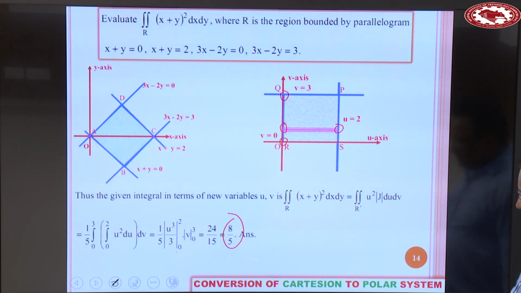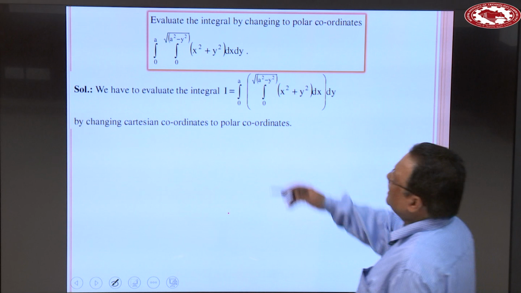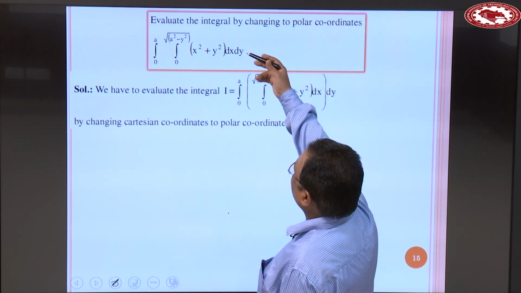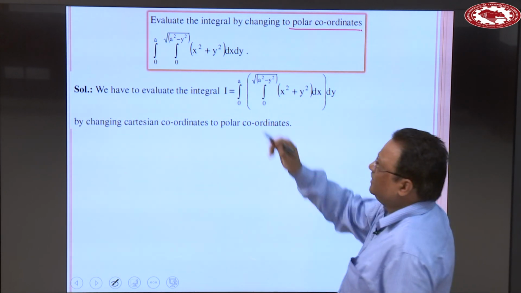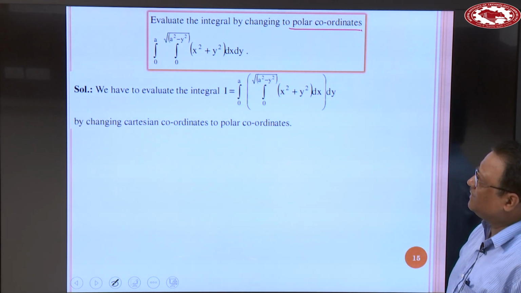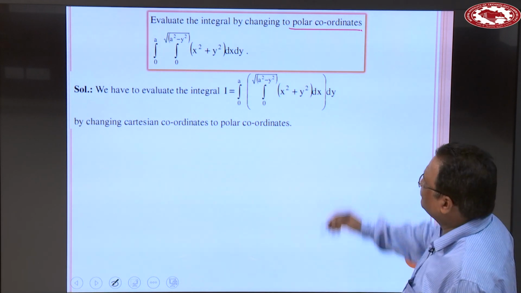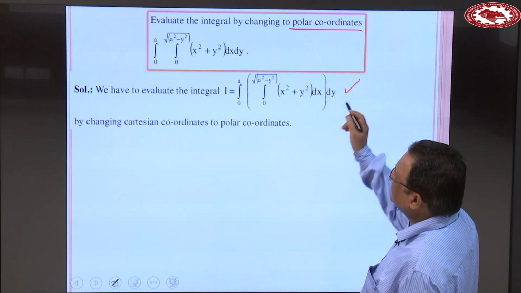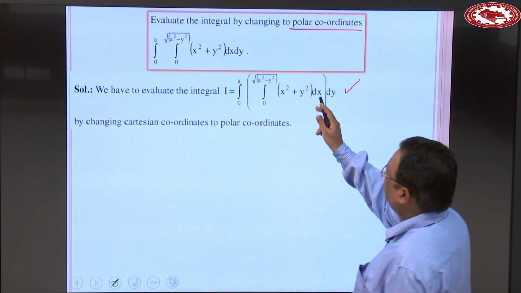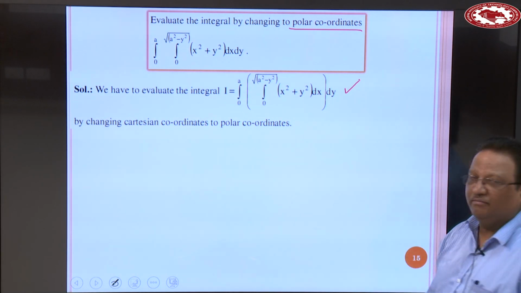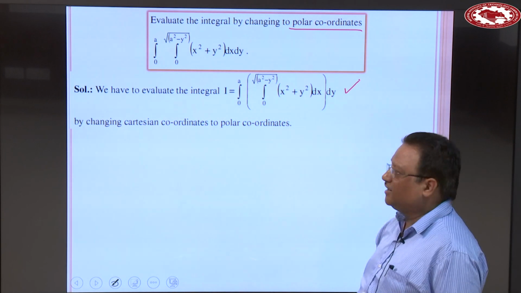Now one more question related to conversion from the Cartesian to the polar coordinate system. We have this integral problem: solve it by changing to polar coordinates, 0 to a, square root of a square minus y square, under root x square plus y square dx dy. So we have to evaluate this double integral. First we have dx because x1 and x2 are given, and dy here. But we have to solve this problem by changing to the polar coordinate system.